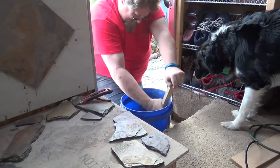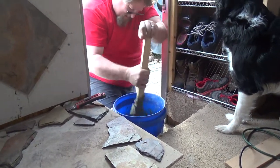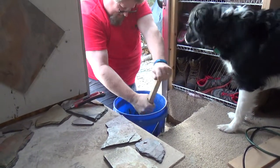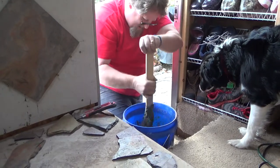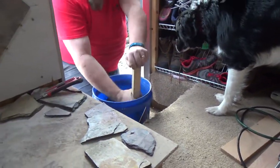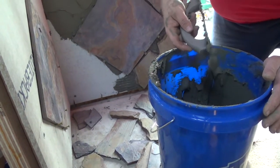Alright, we're mixing up the thin set mortar. We were only going to do a little at a time, except apparently miscalculations. We had way too much water, so we ended up having to do the whole bag. Without a drill, we're doing it by hand. The drill we have is not strong enough, and we don't have the paddle bit. Okay, well, it's been past the 10 minutes to sit and 2 minutes to stir,